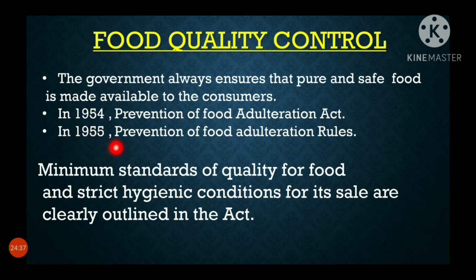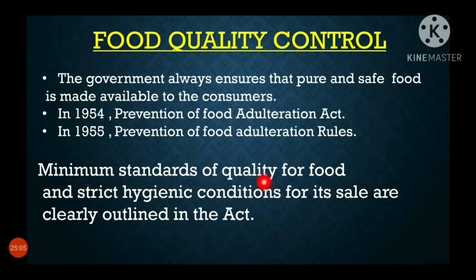In 1955, the Prevention of Food Adulteration Rules. There are a few rules that you have to follow: use this and that, don't use in such foods. If you use something in rice, we will remove it, so that is okay. But don't use it in fruits and vegetables. Don't add chemicals in fruits and vegetables because we cannot find out what is happening inside the fruit or vegetable.